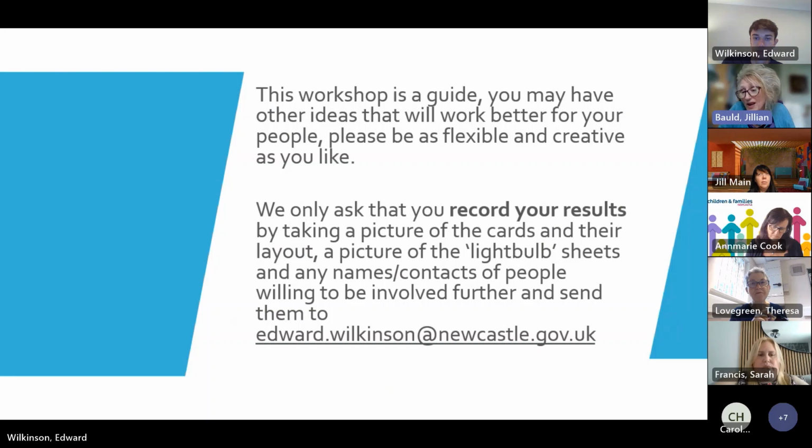And I've certainly done a similar sort of workshop style during lockdown with our schools, when we were working with primary children and getting their views about different things. What worked really well was that you did the workshops and then the teachers just took a photograph of the layout, like where the questions were and what was said, and then just emailed them to us. So you can email them to Ed. If you do that, there's no laborious collating all this information. You don't have to do that. Just take a photo, send it in. Obviously, if you want to collate it, fantastic, but you don't have to.